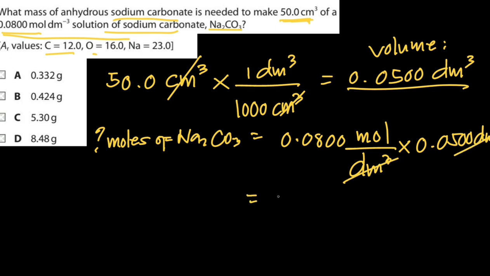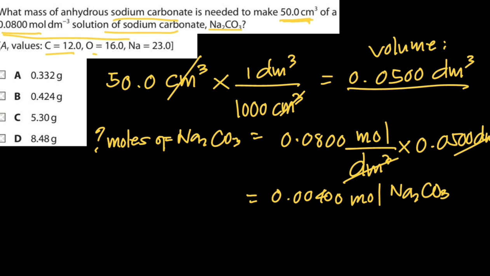So we have 0.4 times 10 to the negative 3, or 0.0040 mole sodium carbonate. Okay, now that we already have the number of moles of sodium carbonate, we can now calculate